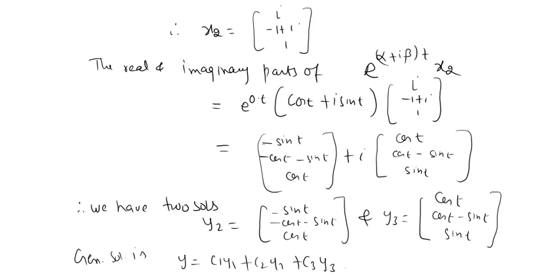In that way, when you have a complex eigenvalue, you can find the solution of this system by finding the eigenvalue and the corresponding eigenvector. These two cases, real eigenvalue and complex eigenvalue, are just similar. Further, we will study a third case in which you will have a repeated eigenvalue, and that case is a little bit complicated.